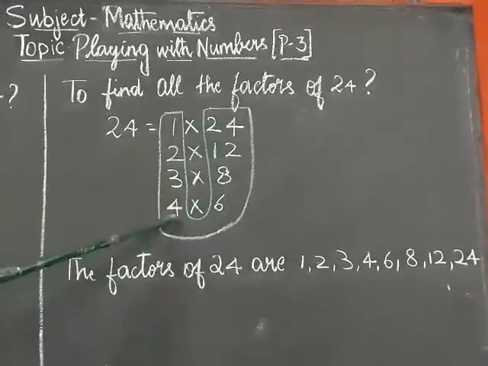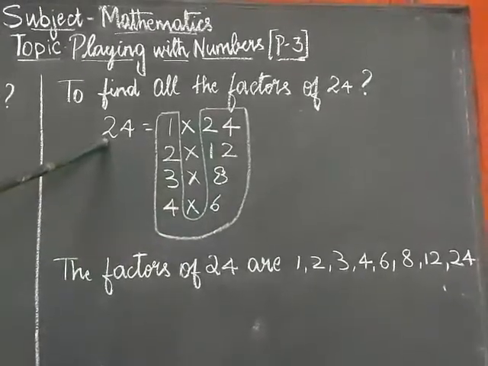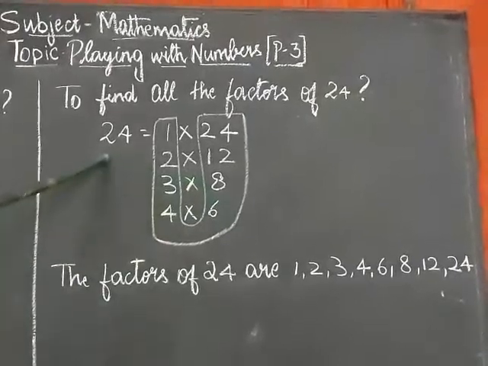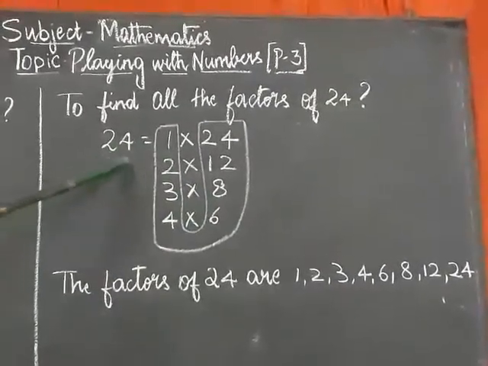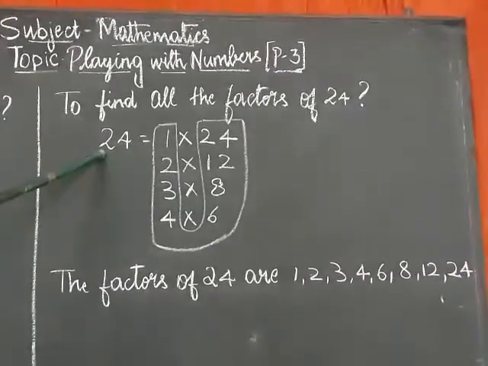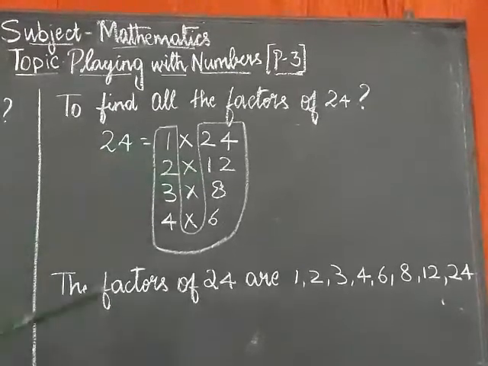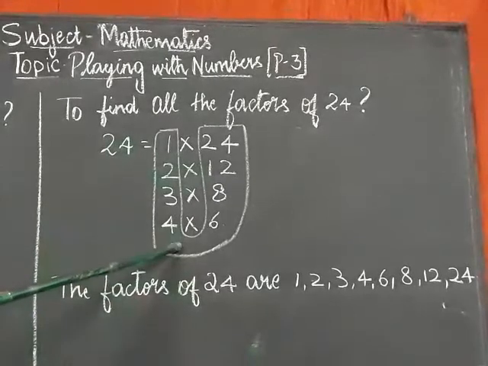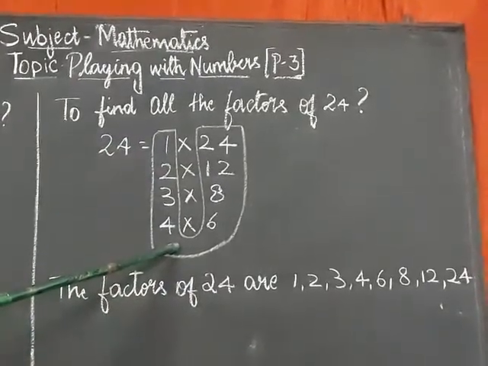If you go further also, 6 4s are 24, 7 can't be divided into 24. Again you will go to 8, 8 3s are 24. If you go to 9, 9 is not divisible into 24. 10 is not there. 11 also is not divisible into 24. Again 12, 12 2s are 24. So instead of going further, you can just stop here. This is the logic in factors that we follow.